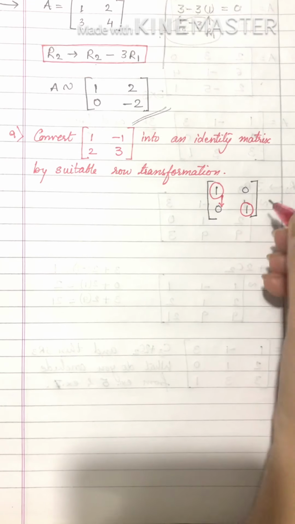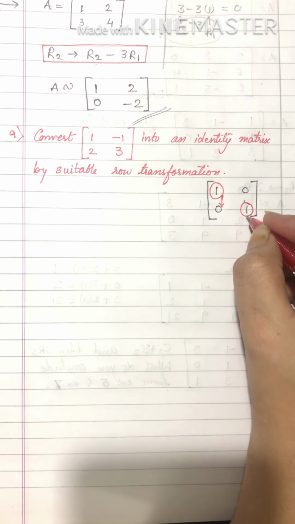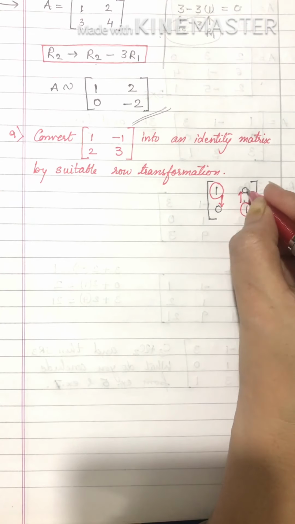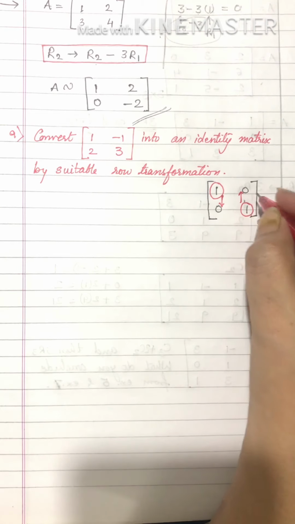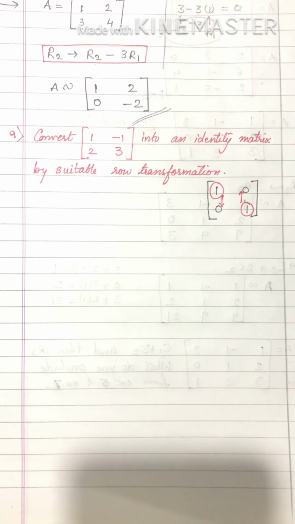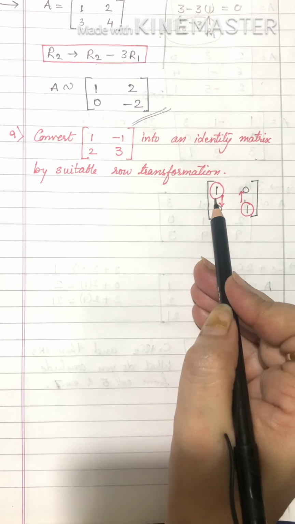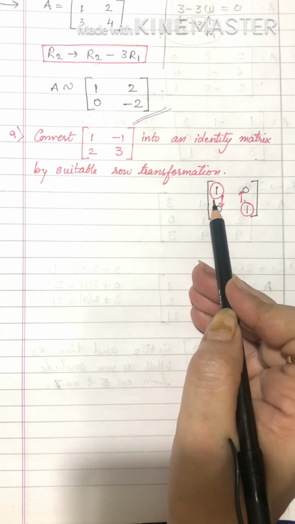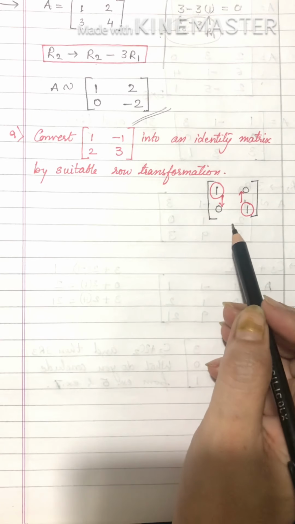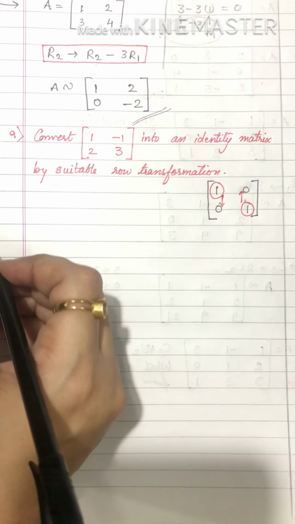See that this bottom right corner one is a 1. If not, use a transformation, make it 1, and then move upwards and make these elements 0 by using this one. Now, why I'm saying to use the transformed or converted element is because it becomes easier then. You will see it when we solve the sum.